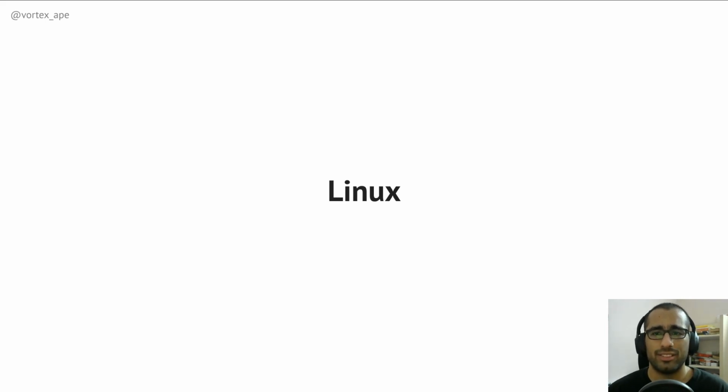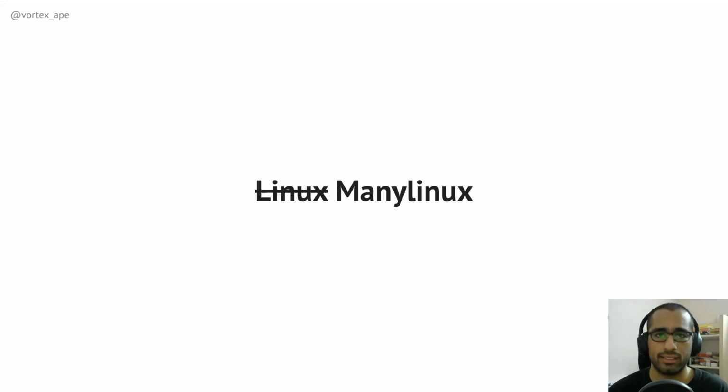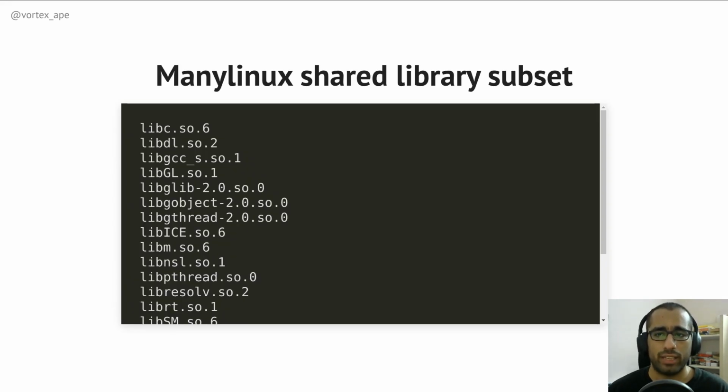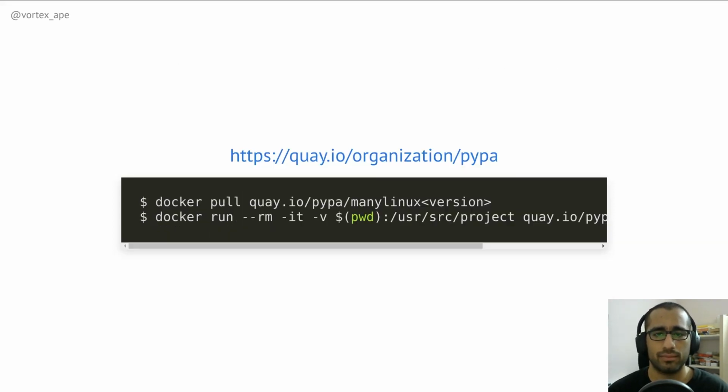That's a problem because you can easily get version mismatches when you compile an extension with specific versions of some shared libraries on one Linux distro and then install it on a different Linux distro, which might have different versions of these shared libraries. To solve this problem, PyPI came up with a subset of shared libraries that are available on all major Linux distros. If you compile and link your extension with this subset, it is guaranteed to work on many Linux distros, thus calling it manylinux. According to the manylinux2014 spec, this is the shared library subset you can link with, and then stop worrying about these libraries not being present on your user's Linux system.